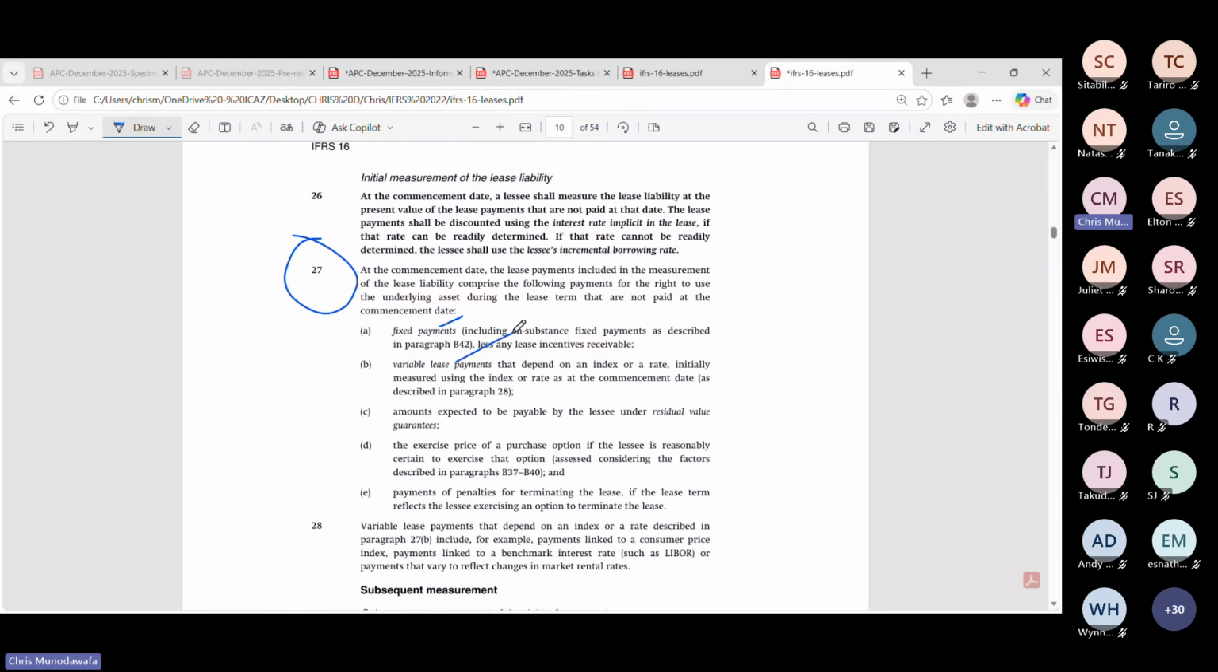Fixed payment, variable lease payments that depend on an index or rate. These are measured using the index or rate, or amounts expected to be payable under a residual value guarantee, or exercise purchase price option, then payments of penalties. So ndikatarisa apa ndisandato